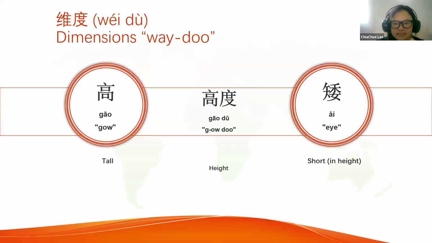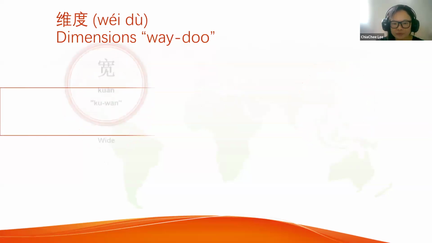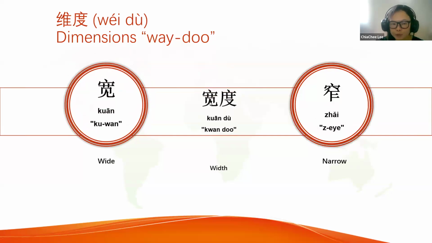Then we also have this size, 尺寸. 尺寸 we have 大, how big, 多大, or 小, 多小. Then we also have this width, 宽度. 宽度 is about 多宽, how wide the river is, or 多窄, how narrow the door is. These are the last 4 pairs we have in our topic 7, yeah.